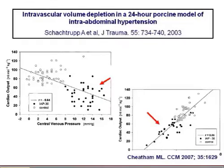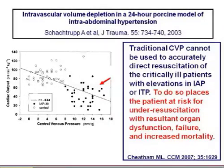On the left-hand side, you can see that this is an experimental study in pigs that have intra-abdominal hypertension had a low cardiac output and a high CVP, a misleadingly high CVP, because on the right-hand side, you can see that when the preload is measured by global end-diastolic volume or intrathoracic blood volume, then indeed the pigs with intra-abdominal pressure with a low cardiac output were actually hypovolemic. And this is what led Cheatham to say that traditional CVP cannot be used to accurately direct resuscitation, and to do so places the patient at